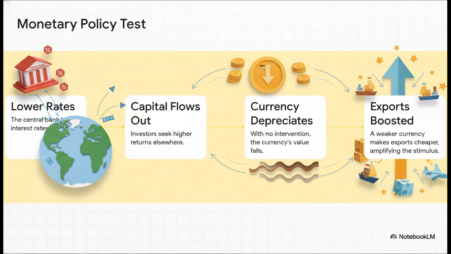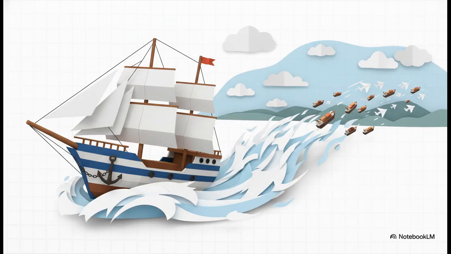And a cheaper currency is actually great news for your economy because it makes your exports way cheaper for other countries to buy. So your net exports get this huge boost. So what's the bottom line here? The initial stimulus from lower rates is now amplified by a surge in exports. By choosing to float, you've taken back control of your monetary policy. The rudder works again, and man, it is incredibly powerful.